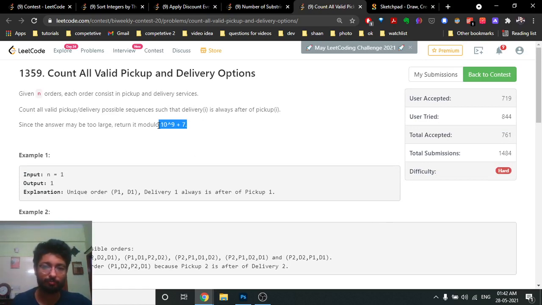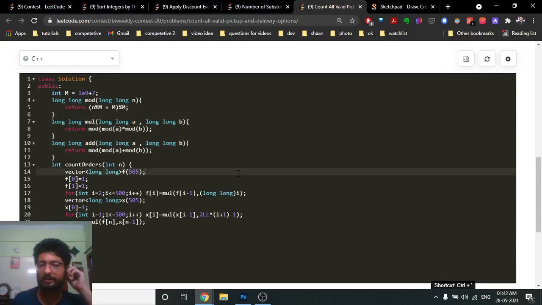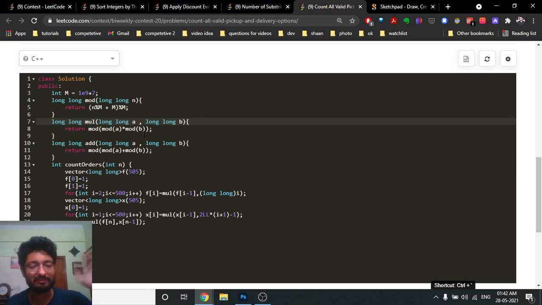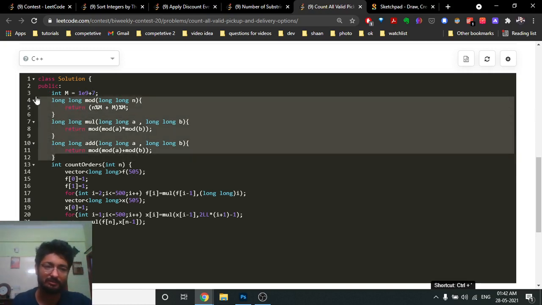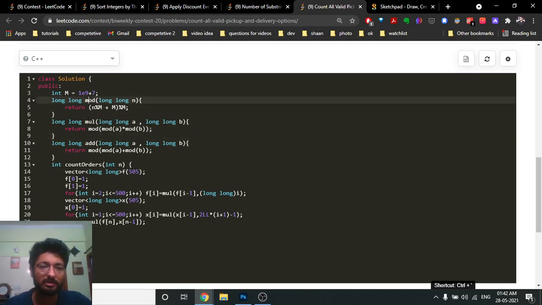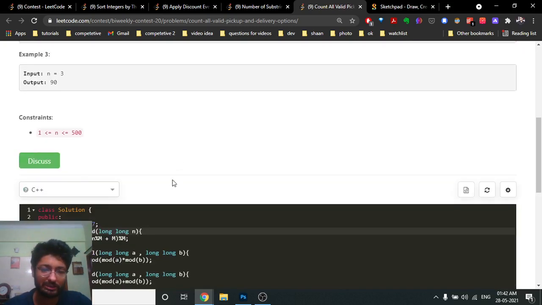You also have to do a modulo 10^9 + 7. For all the modulo 10^9 + 7 problems, I've always used this type of function to find my answer. I have just used these 3 functions. You can also watch my previous videos to understand how I use these functions, and that actually makes my life very easy to solve modular problems. So I just write down these three functions, the mod function, and using this mod function I write the multiplication and add functions, and whenever I see this type of modular problem, I just use these functions.